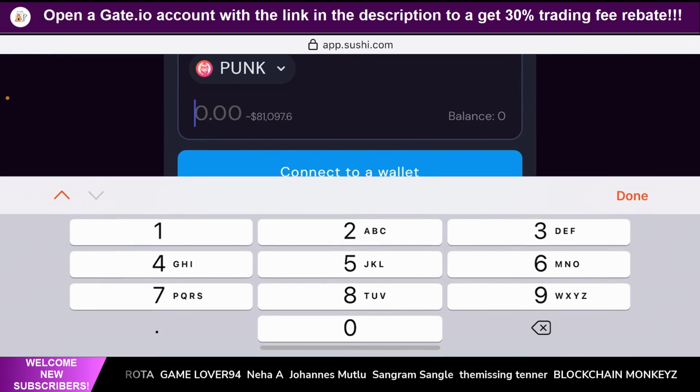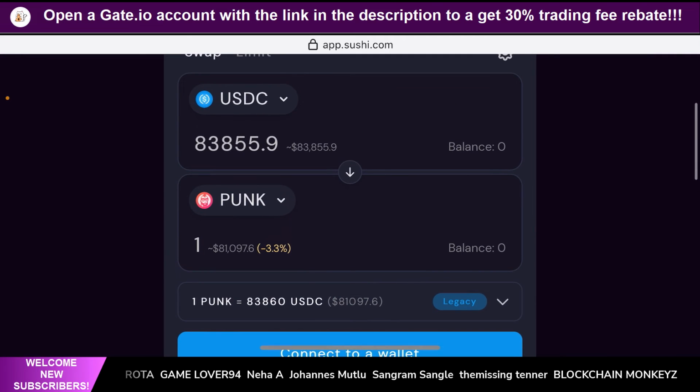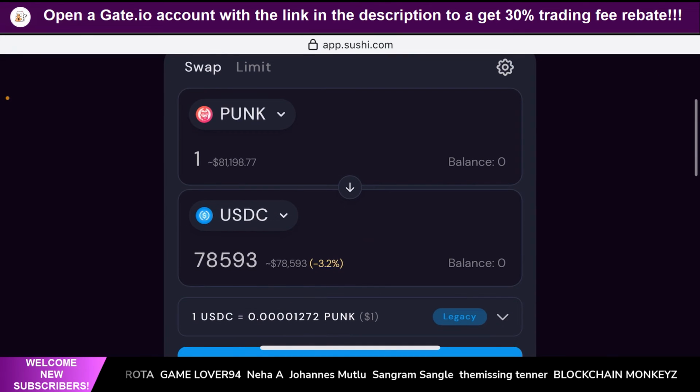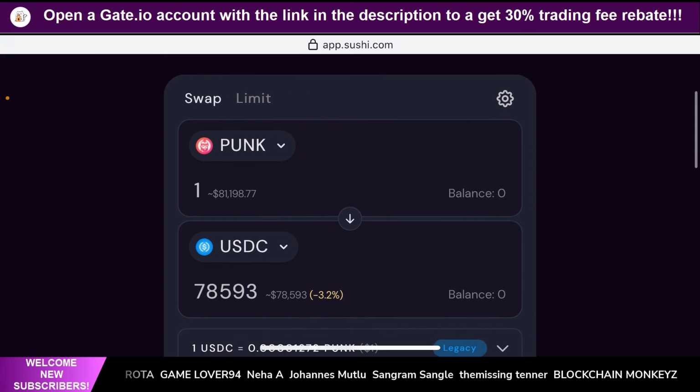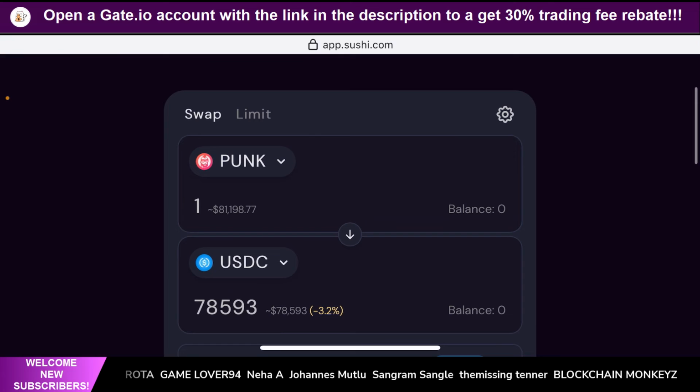If you see, when I type one punk here, it's currently at around $81,000. But if you flip it like this, you will be able to see that you'll be able to sell one punk for $78,500. It's kind of like the fees and slippage are all built in, but you can still do that for a really